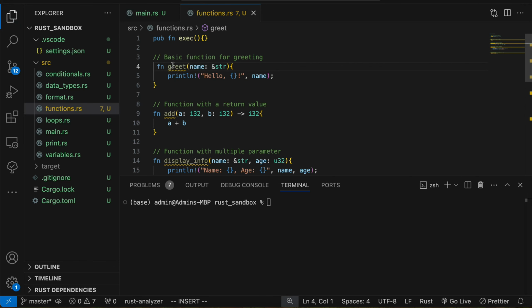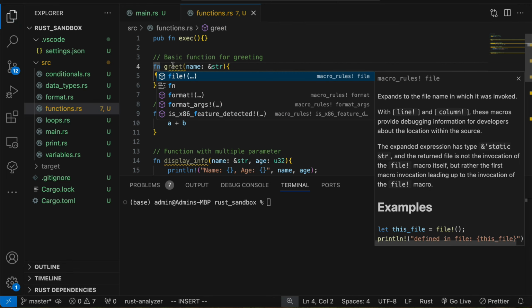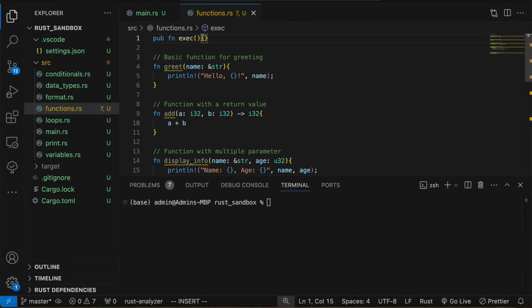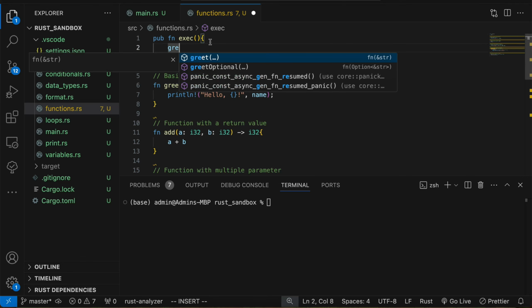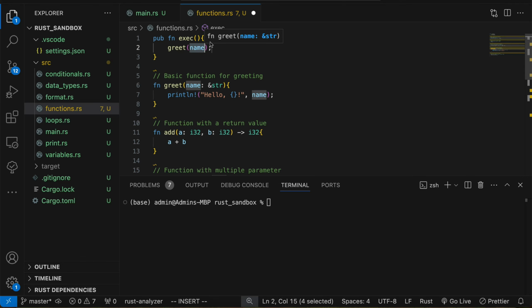So let's just stick within our scope file, and then inside here, what I'm going to do is call the greet function. We don't actually necessarily need to print anything because everything is already printed in these functions. So I can say Bob,